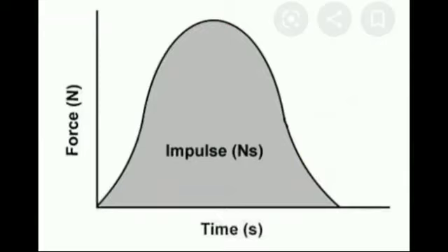Next, the impulse given by a force in an interval of time is calculated between the interval from time t is equal to 0 to t is equal to t1. Impulse I is equal to the integral from 0 to t1 of f dt. So the impulse is the area under the force function f versus t graph. Here impulse means a heavy force acting for a short time.